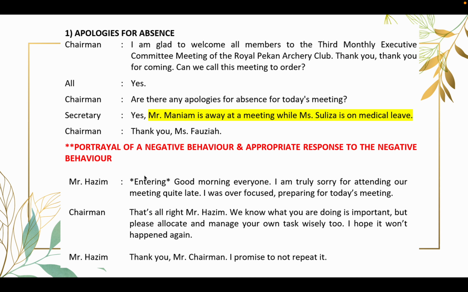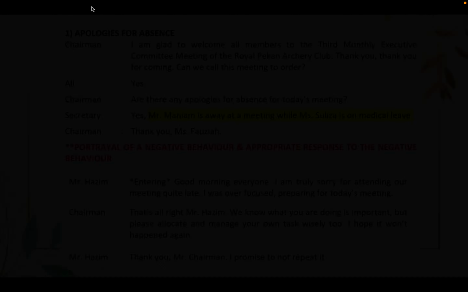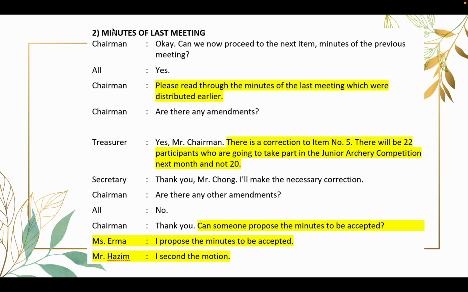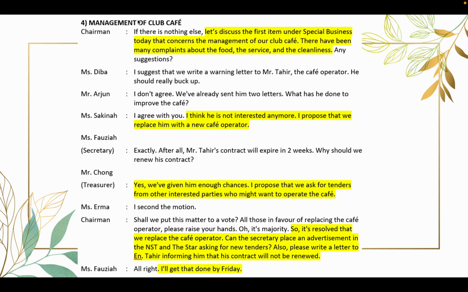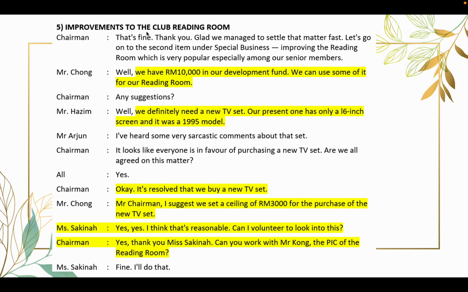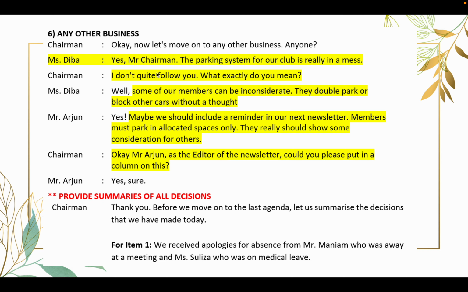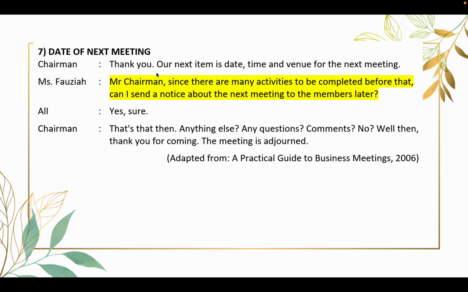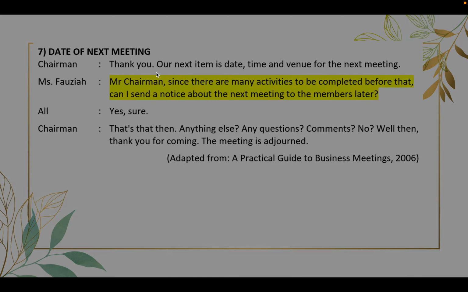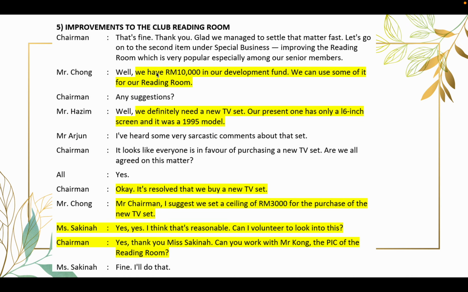So we need to start with apologies of absence first. Then we need to talk about the minutes of the last meeting and matters arising from the minutes. Then issue number 1, issue number 2, and then any other business and date of the next meeting. So in terms of the sequence and the flow of the script, it has to follow the agenda that you